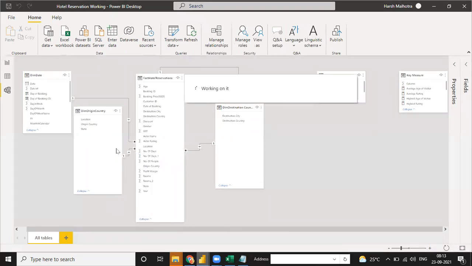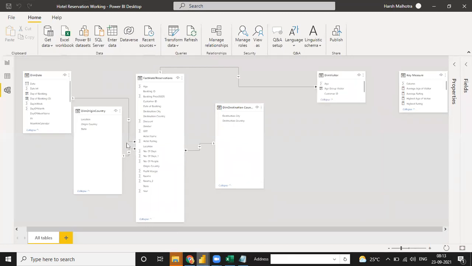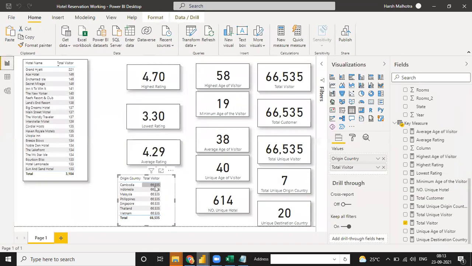There are multiple issues when your relationship is done wrong or there is no relationship in this file. Yeah, I delete it and see the visualization. See, all the things are the total. Okay, so maybe this is the reason. Like the names which are coming, Cambodia, Indonesia, Malaysia, are not showing there, and only the total is showing. All the details are missing. All the rows are missing from the table.